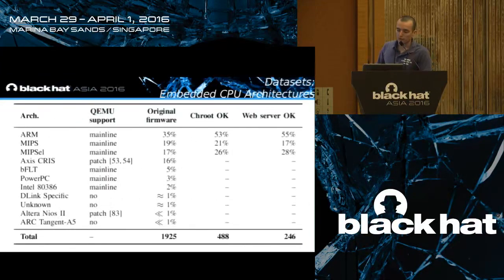In general, we also try to look at how many architectures are ARM and MIPS, and we see that ARM and MIPS are somehow close, 35% to 36%, and they share almost equally the chroot success and web server success rates. So they're kind of head-to-head. There are not extremely many differences, but we also see some other